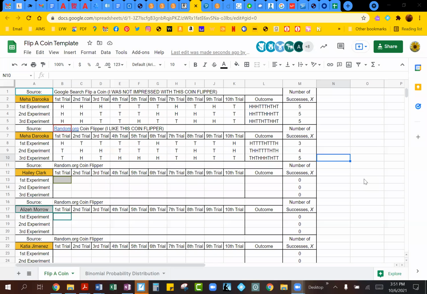So you're just recording what your coin flip looks like. So did you get a head or did you get a tail? That's what you are recording with these coin flips. And then I've actually already got a built-in function in there. So as you type your T's and your H's, you will see under the number of successes column, it will already start adding those heads for you because we're only recording the number of heads. So heads is our success, tails is the failure. So remember the two outcomes, success or failure. And here you are counting your heads.